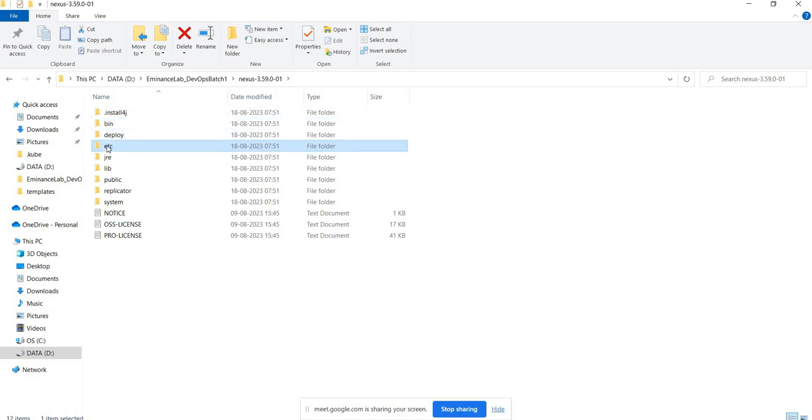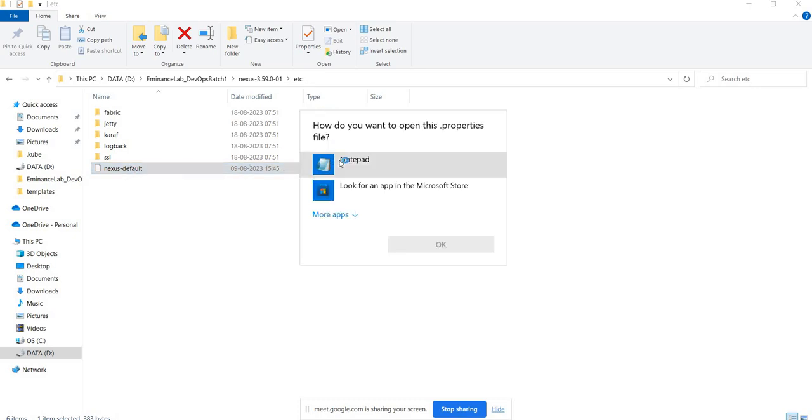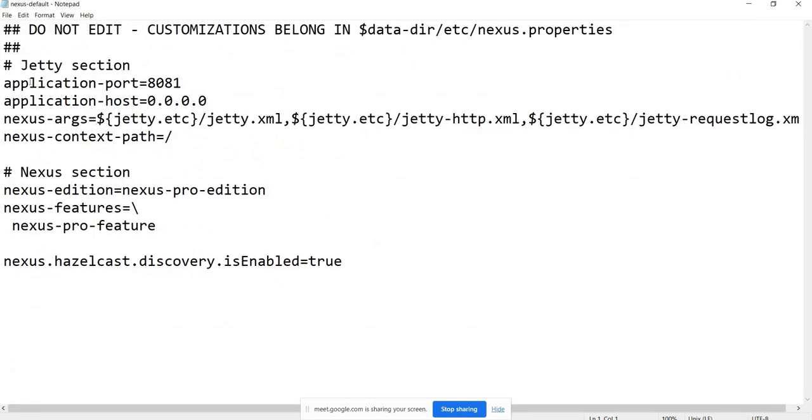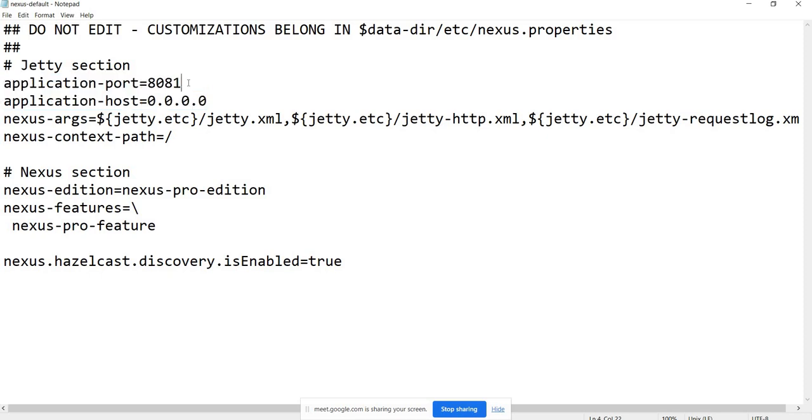In this etc, you can see there is a properties file. Let's open this file, and now you can see these are the two very important properties for us. So basically Nexus by default listens to the port 8081. We can change this if we wish to, and this is the